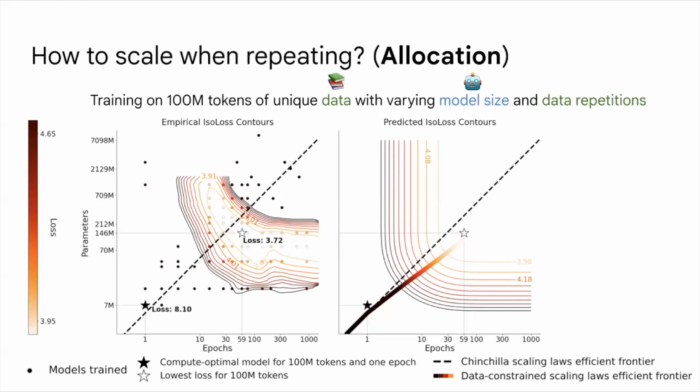However, if we compute the efficient frontier of our formula, then it slightly branches off below Chinchilla, and eventually heads towards that white star, and then completely vanishes, because beyond that, there's no additional value you can get from repeating data. The value has just decayed to 0, and you can't get any better performance.